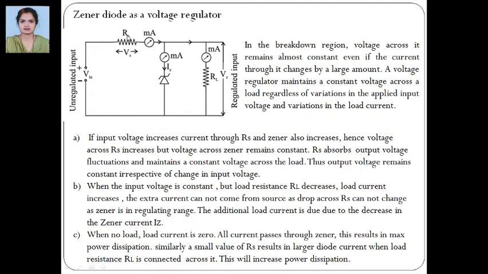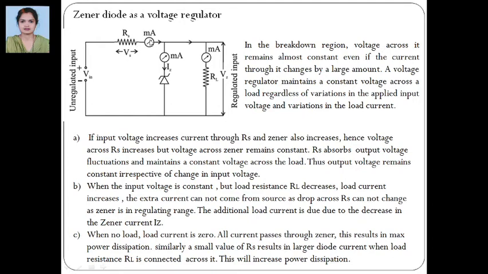Why is it used? It is limiting the current. If the current coming from the input supply is maximum, it may damage the Zener diode. So it has to lower the current through this Zener, so that only the maximum permitted current flows through it. For that case, current limiting resistance Rs is used.